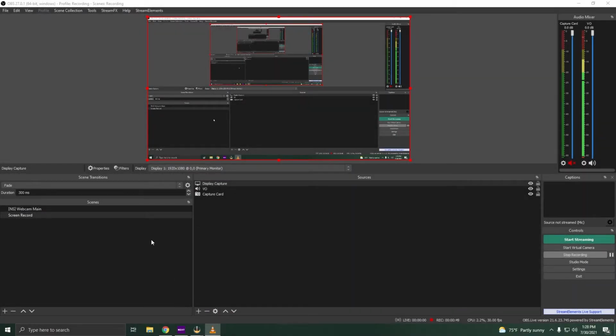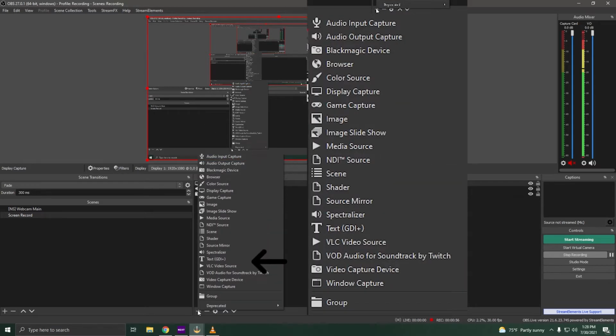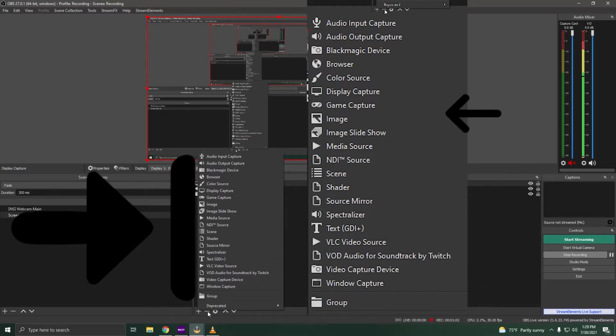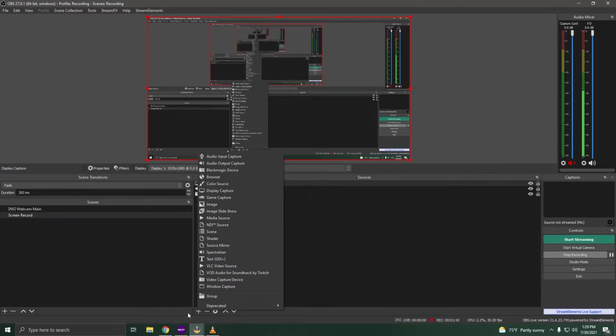In today's lesson, we'll be focusing on scenes and sources, what they are, and how you can use them. Scenes and sources go hand in hand and are essential to setting up a recording or live stream with OBS Studio. Sources are sources of data for your stream. Video input devices such as webcams and capture cards, desktop monitor captures, game inputs, microphones, images, website overlays, and so on. There are many different source types, and it's a good idea to familiarize yourself with the options available.